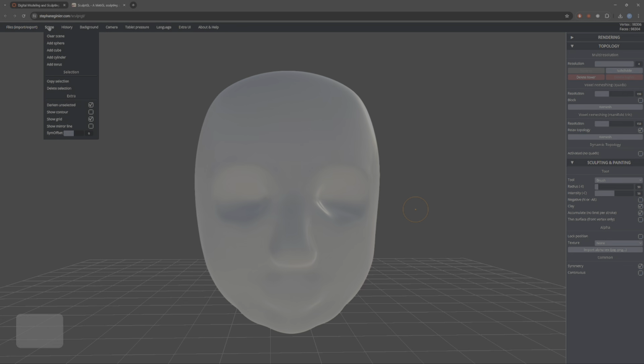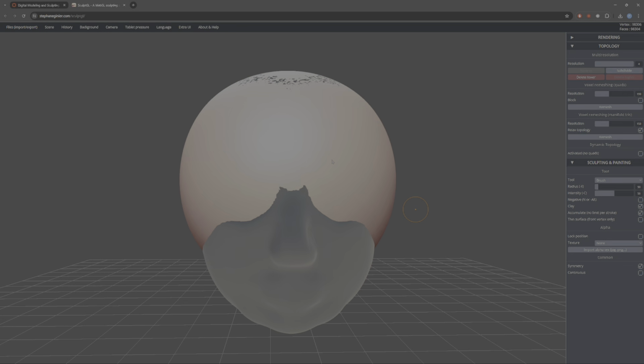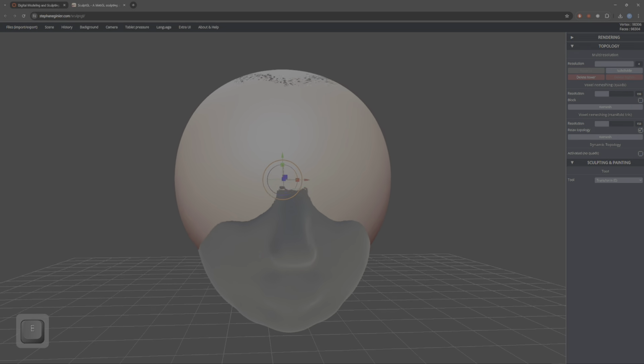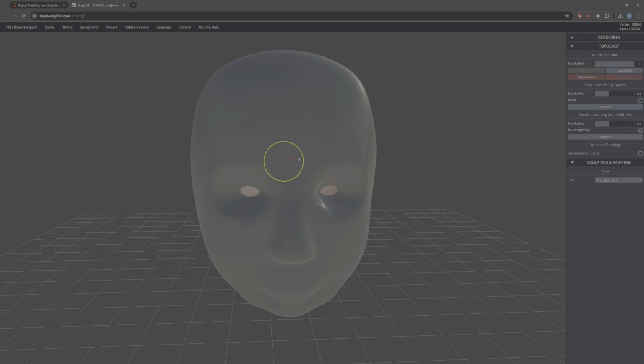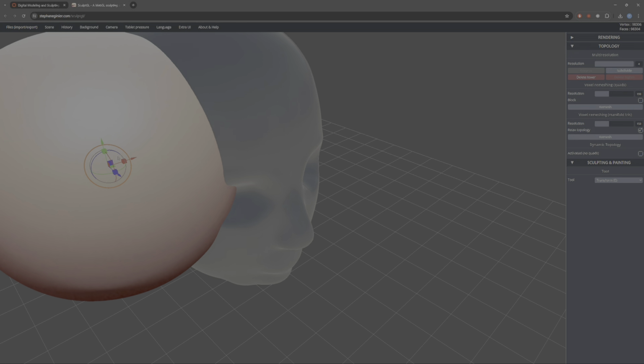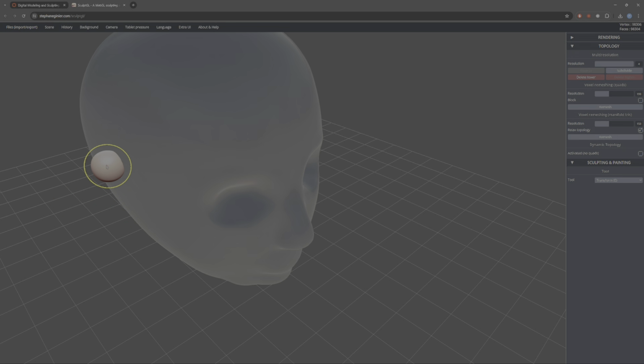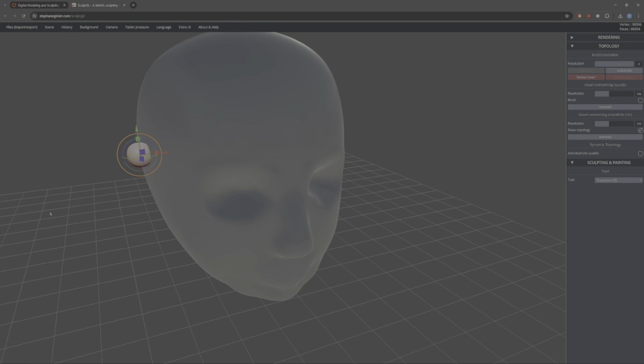The other thing we could do is, in the scene, add a sphere and press E and grab this little orange circle right here. That's going to scale it in and out, and move it to the side here, and scale it way down. Just get an eyeball that's a reasonable size. Whichever end handle on the gizmo you use, the end of the arrow, end of the square, or the perpendicular end of the circle, that's going to dictate